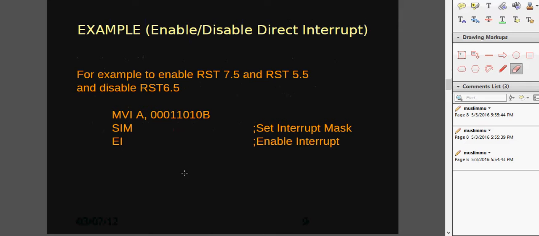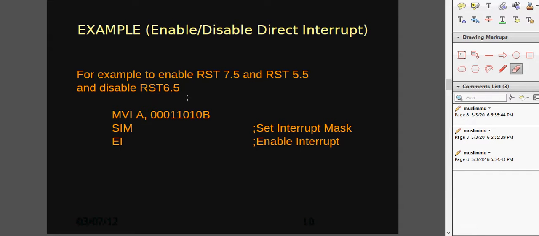We can see from the example being shown here how you can set the interrupt. For example, we want to enable interrupts RST 7.5 and RST 5.5, and we want to disable RST